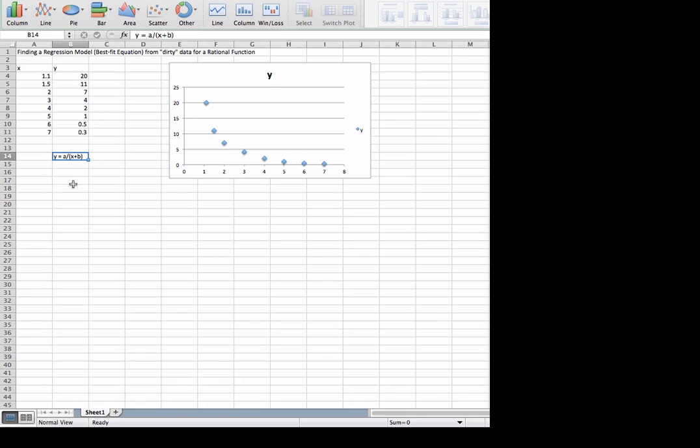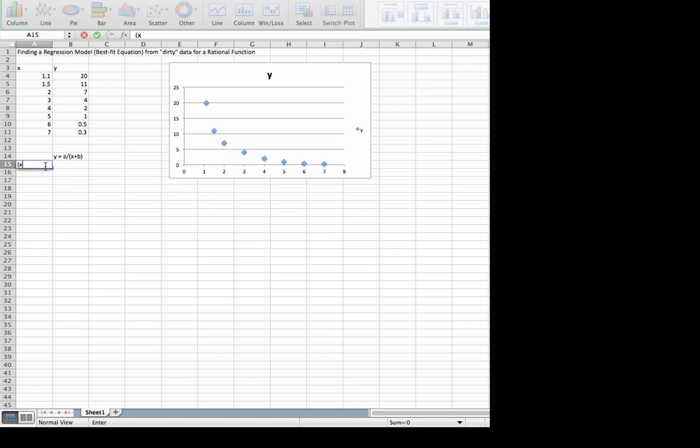We're going to do this by multiplying both sides of the equation by the denominator. That will get rid of the variable in the denominator, which makes this not linear. So if we do that, we end up with